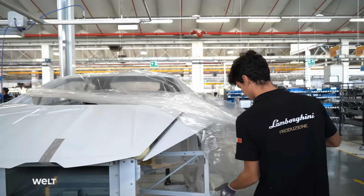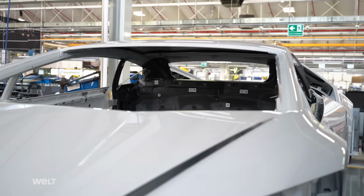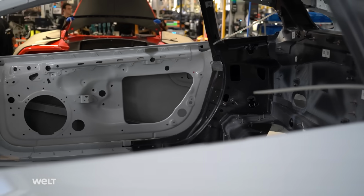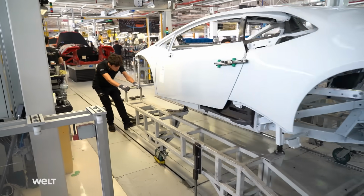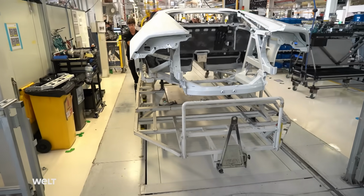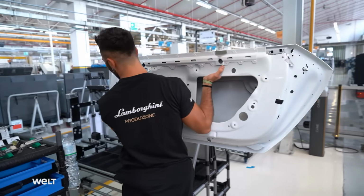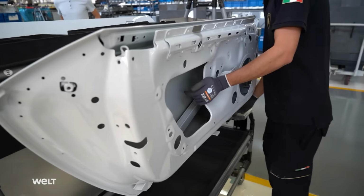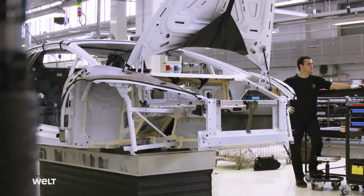A white body is being prepared for assembly. The heavy chassis, weighing 262 kilograms, consists of aluminum and carbon. Two mechanics roll the car's skeleton to the assembly line. First, they remove the doors because they need room to work inside the body. Over the next 14 hours, more than 4,000 parts will be assembled, step by step, to form a brand new